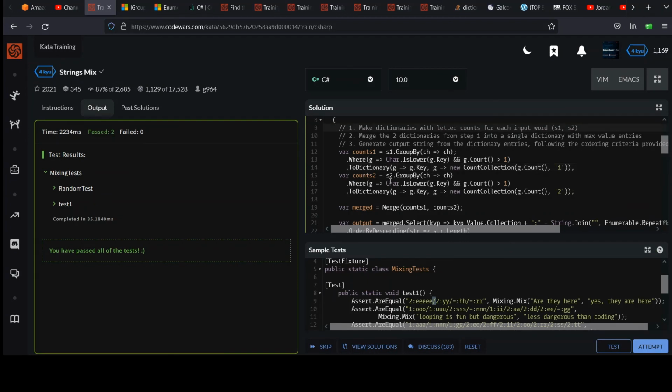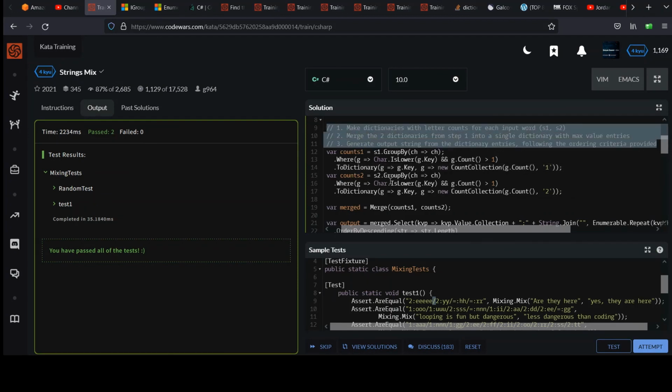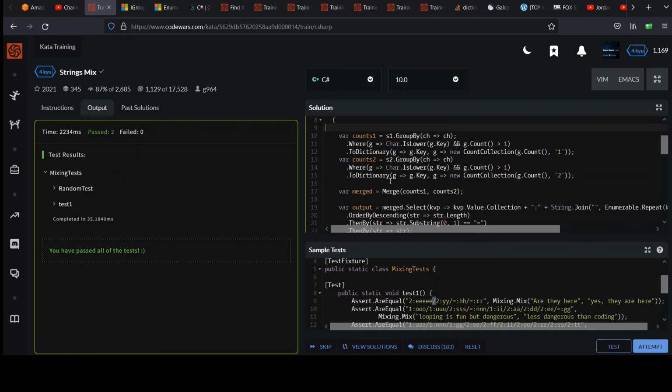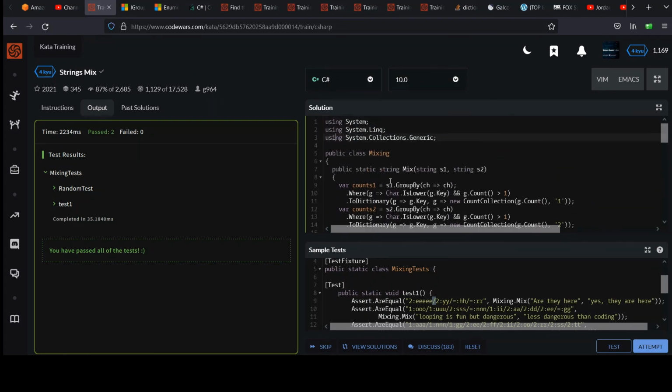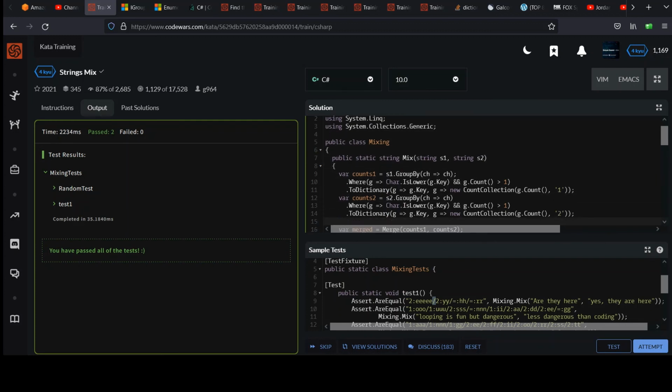Actually, I'll get rid of my algorithm description here. Don't need that in the final answer. They're going to make me run again. Might as well talk through it as a recap quick. We created the dictionaries, put them in groups, combined the letters, said, hey, throw away anything that's not a lowercase or the counts less than 2, and then made a dictionary out of it. We used this custom class to hold